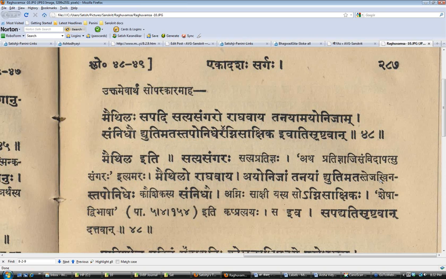So he was a true reservoir of tapas. Taponidhe. So sannidhau, and this shashti is because of sannidhau, in the presence of Vishwamitra, who has two adjectives, which are Dyutimataha equals tejasvinaha, taponidhe, because shashti tatpurushaha, tapasam nidhi,